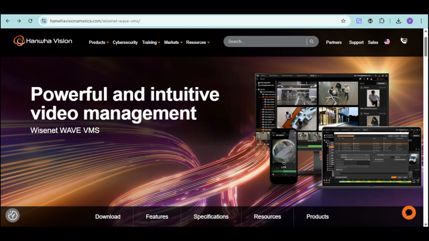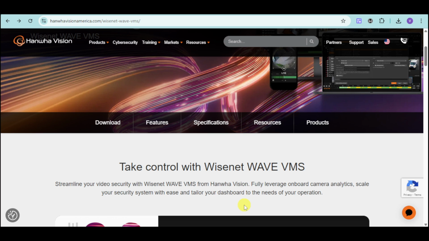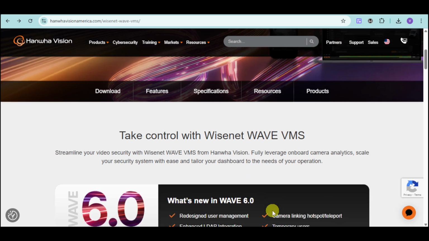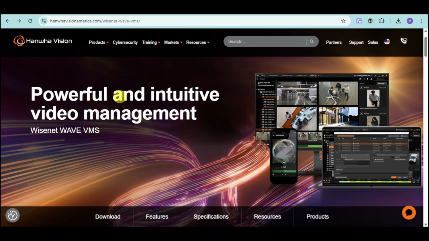Wisenet Wave VMS provides a seamless experience, allowing you to monitor, record, and analyze video feeds effortlessly. In this tutorial, we'll walk you through the basics of Wisenet Wave VMS from installation to configuration, ensuring you have a solid foundation to build upon. Let's get started. First things first, head over right here to their actual website, which is